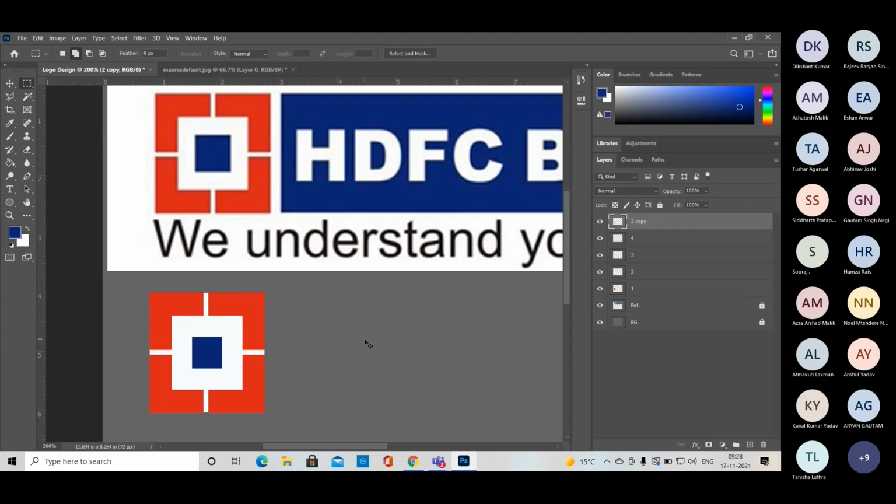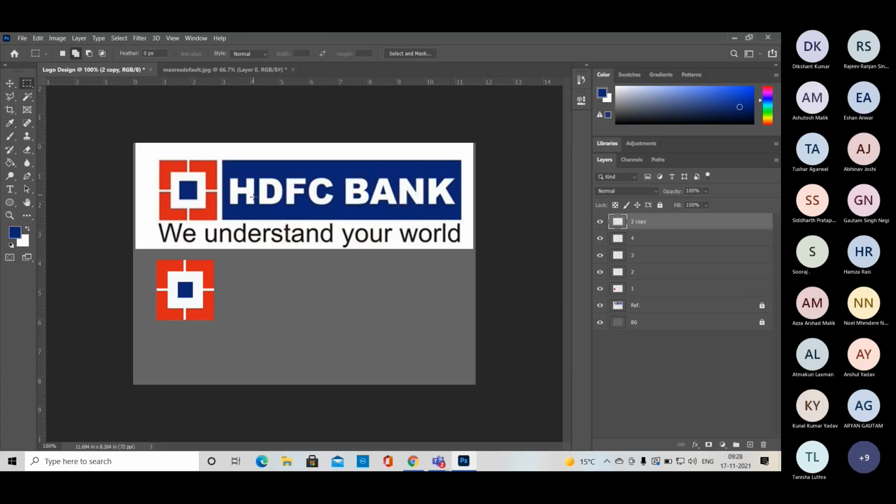Now I'm just doing Control minus and I want to add this rectangular tool. So how can we select? I have an option. Just go here and select it. Right? So I have a selection. Now I want to move it.